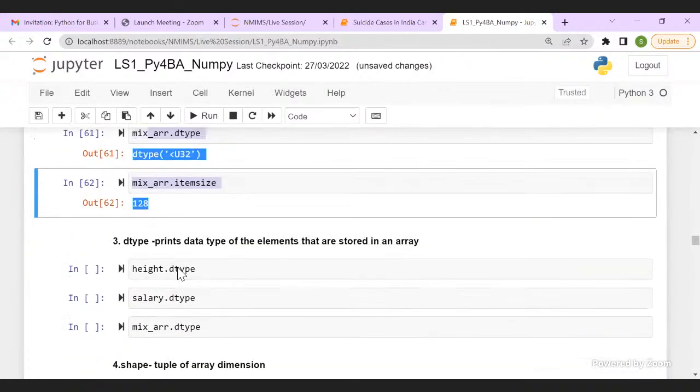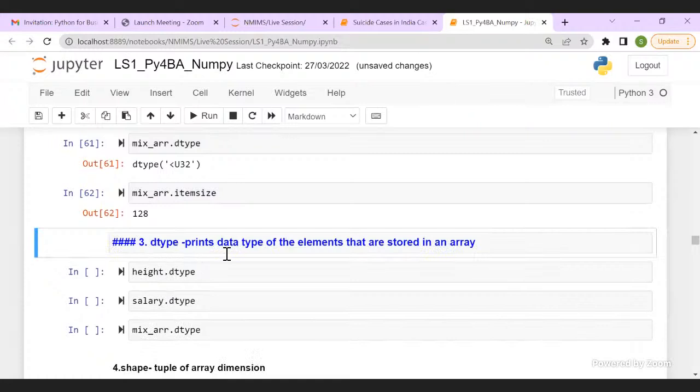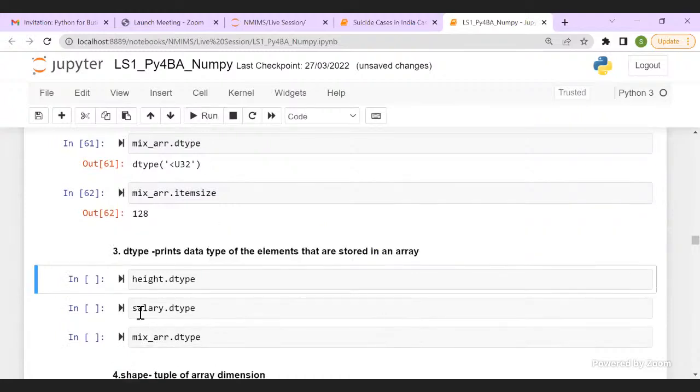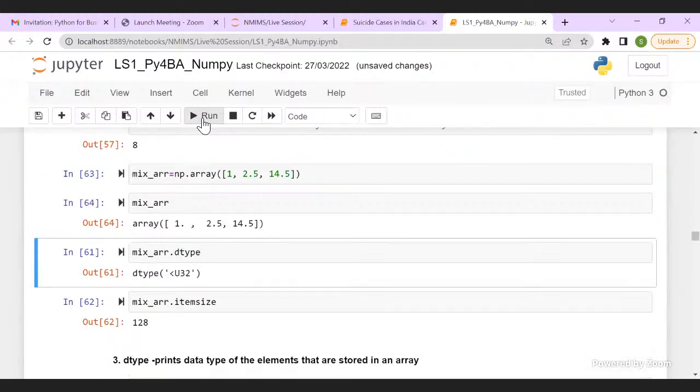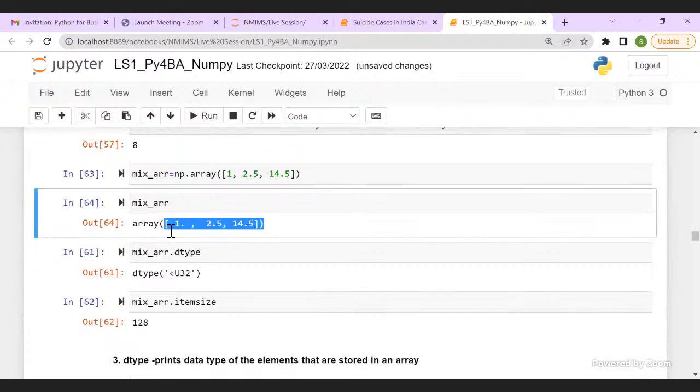All right. So we have discussed dtype. Yes, Manmeet, it should convert into floats. You can try it out. Let me do it for you, so we'll check your theory also. What if I give integers and floats? I execute it. See, it has converted all to floats, right?